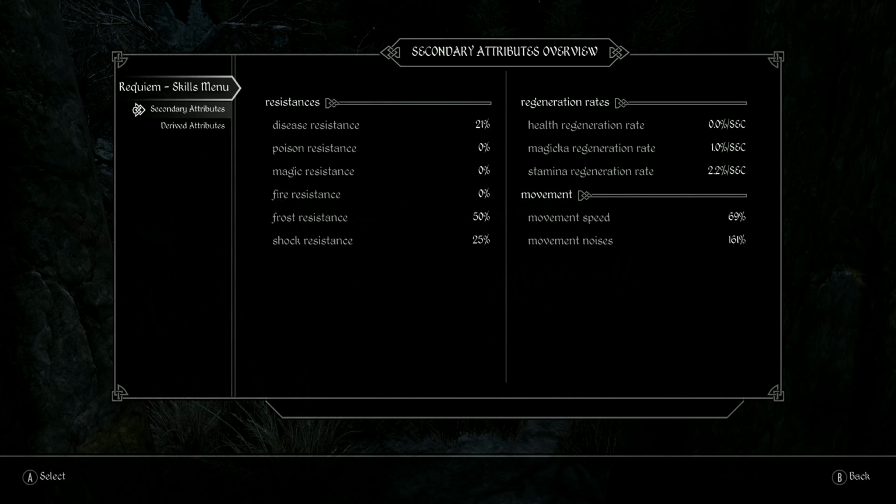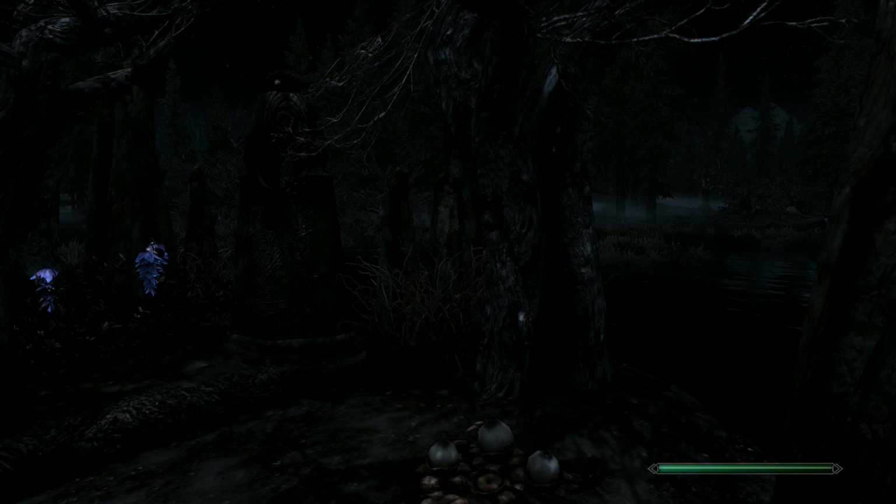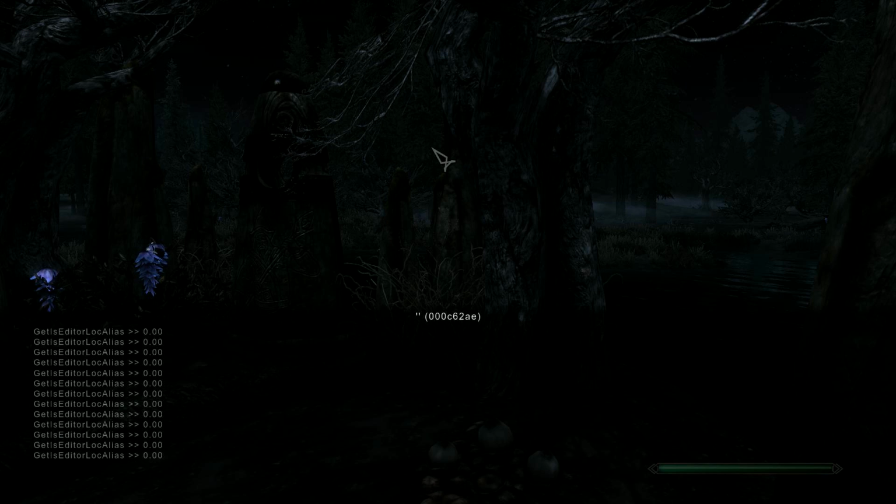So 1.0, so it increased it by 0.6%, which is 60%. So it's probably a plus 60% Magicka regen rate buff, which is actually really huge. I might consider taking that on some of my mage files. And then last up we've got the Astronaut, which is